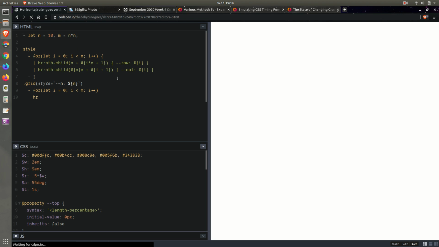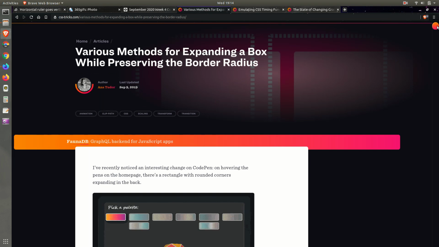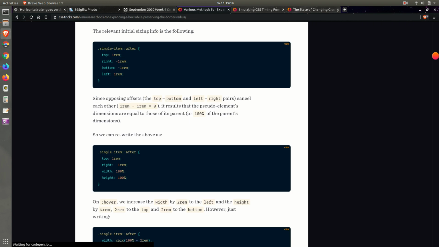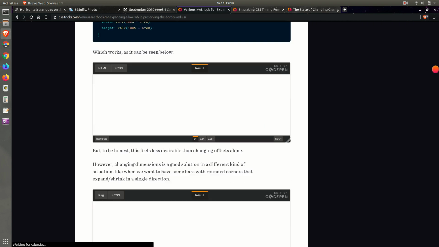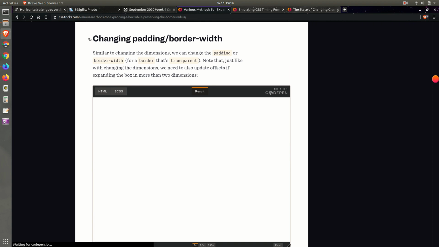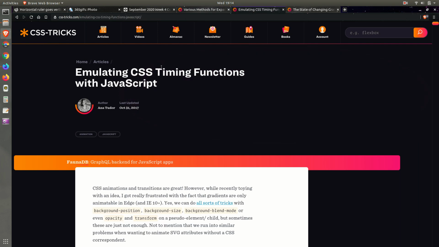I will be linking stuff in the description as well as some resources. This one dissects various methods for expanding a box while preserving the border radius, which is pretty related to the things discussed here. Oh, I'm noticing the embeds aren't loading here either, so it might be a CodePen problem. And this one is emulating CSS timing functions with JavaScript, because sometimes it's a lot more convenient and also